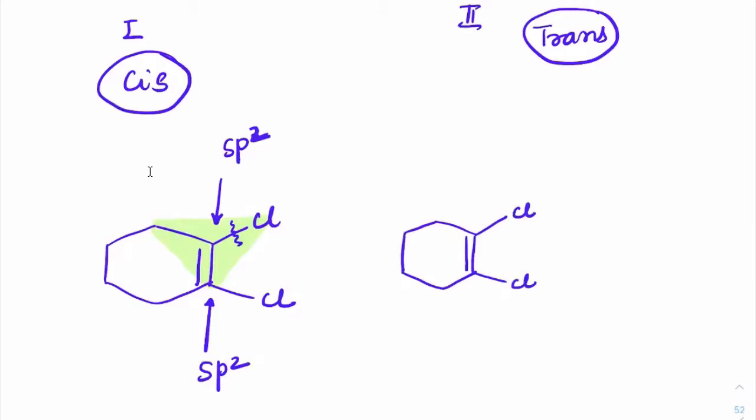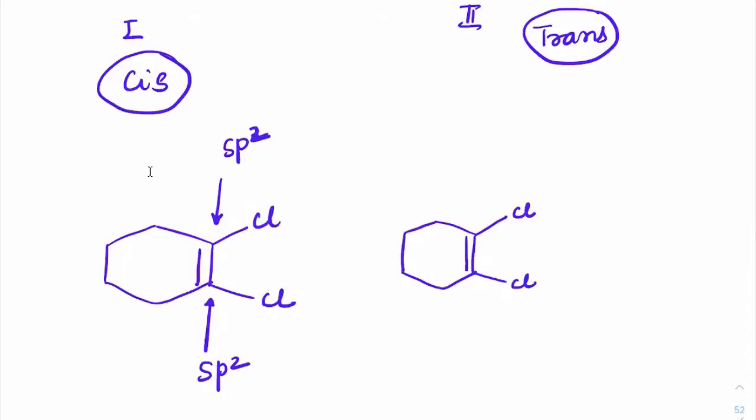It does not have multiple orientations. It can have only one orientation, and from that only you have plucked out the chlorine. So you have to put it back there only. There is no other form. So can we get geometrical isomers with this? No, we cannot get geometrical isomers. So within the cyclic form, if there is a double bond already present, you cannot get geometrical isomers with respect to that.